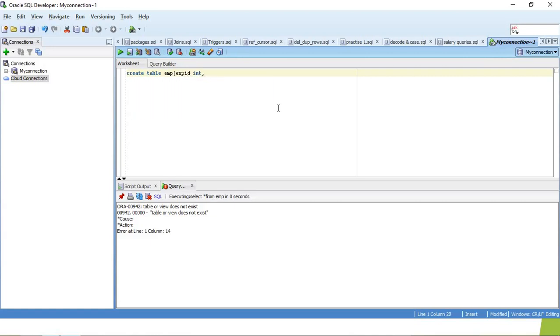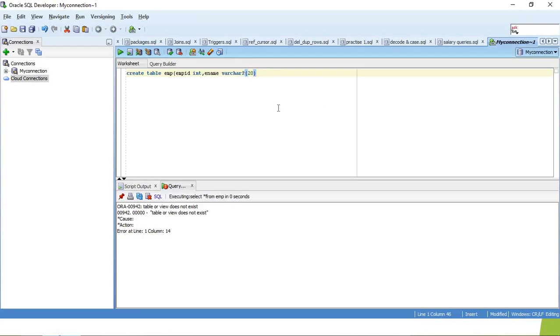And I want to give another column, employee name, like ename. The data type I want to give is varchar2 of 20. I want to give size as 20, since the name of an employee is not more than 20 characters, as we guess.